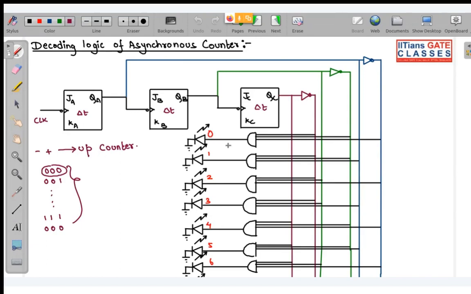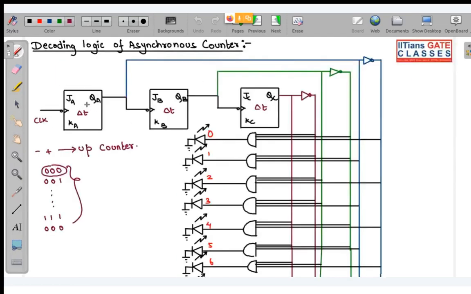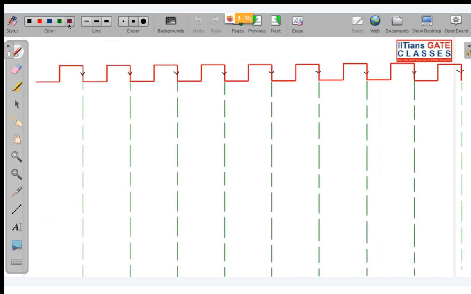So I was telling that basically we need to decode the states. So how do we actually decode? Look very carefully. The external clock has been supplied to this A flip-flop, and this A flip-flop suffers from propagation delay, that is delta t, and it is negative edge triggered. So let us assume initially all the flip-flops are reset. That means QA, QB, QC are 0 0 0. So that means